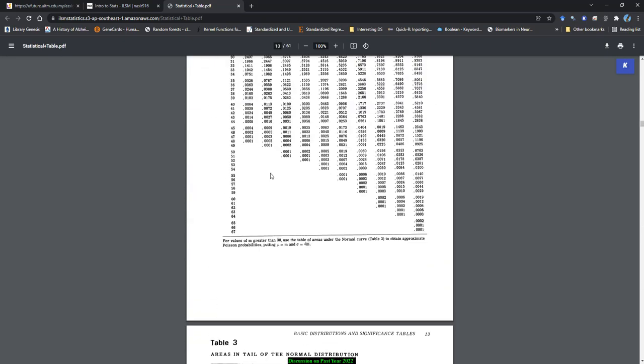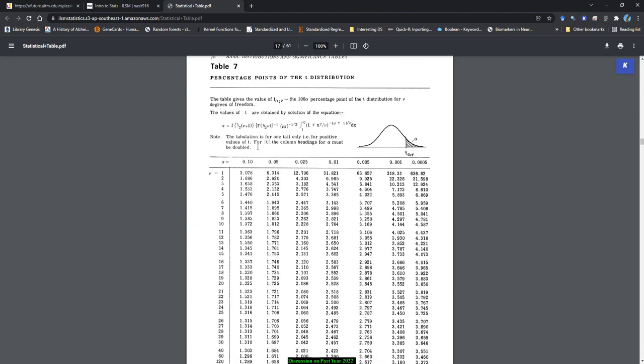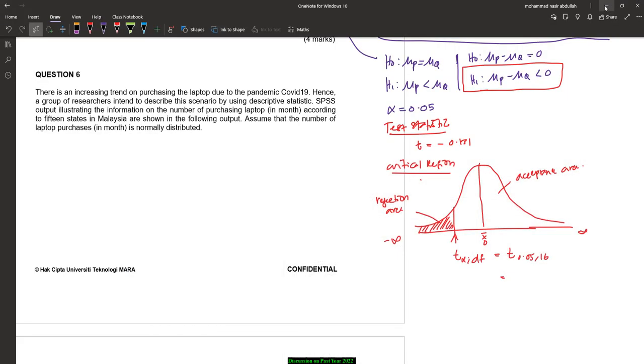So we look at the T distribution table. This is normal, and then we look at T. T distribution, degree of freedom 16, and alpha is 0.05. So the value is 1.746. This is the negative part, so negative 1.746, is it? Yeah. So our decision,